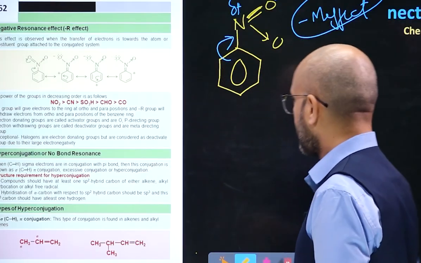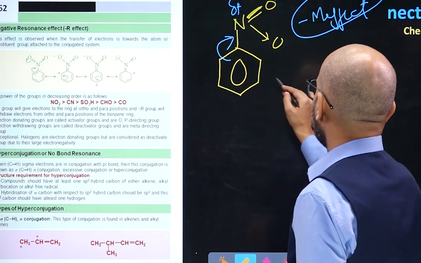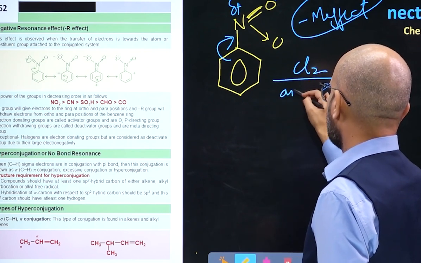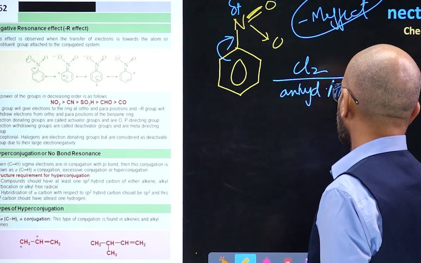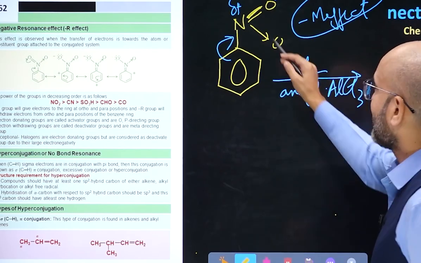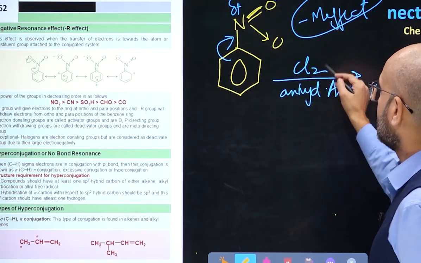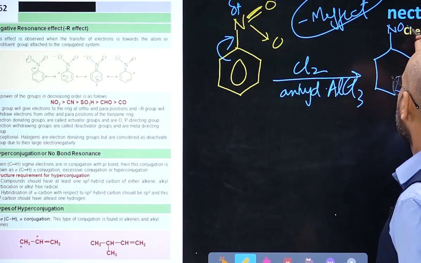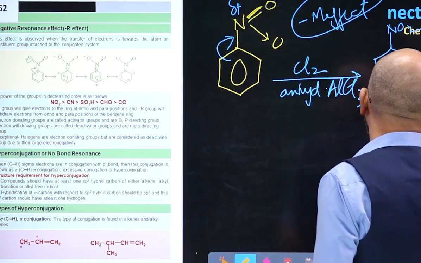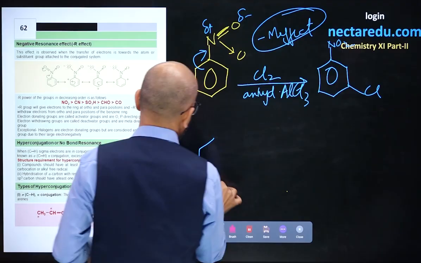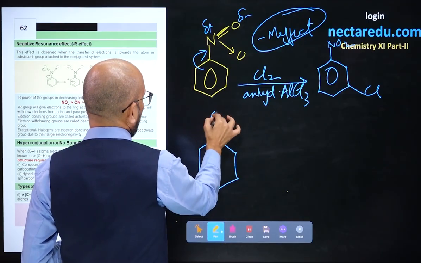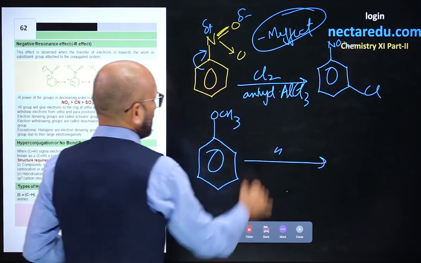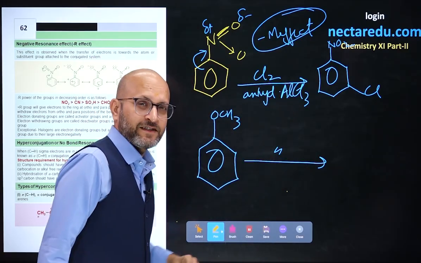For example, if you have nitrobenzene and you do a halogenation reaction with Cl2 plus anhydrous AlCl3, what I told you is that this is meta directing. So Cl will go and get attached to the meta position of NO2. So the product will be this. Similarly, if we have OCH3 and we do the same reaction, with the same reagents, chlorine and anhydrous AlCl3,